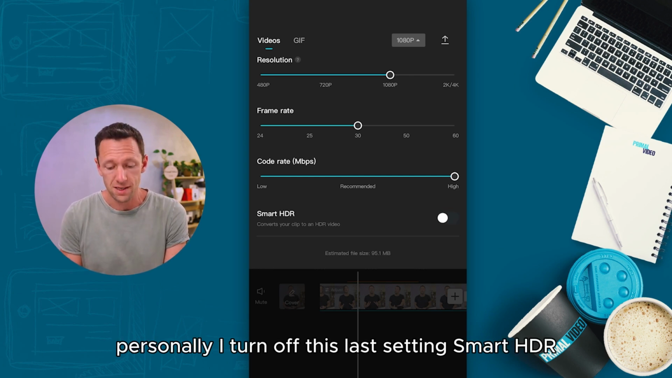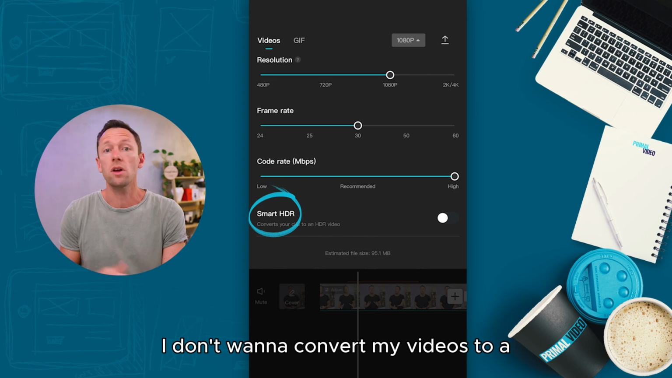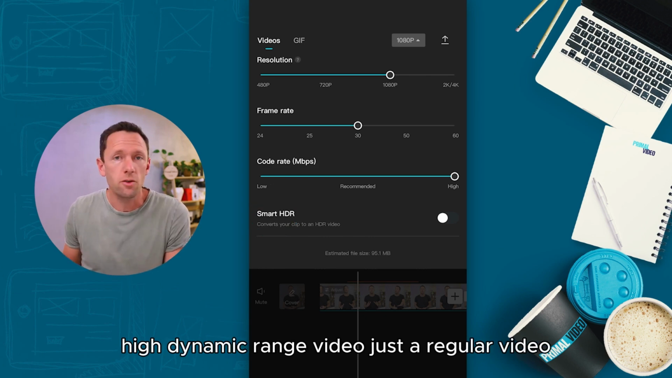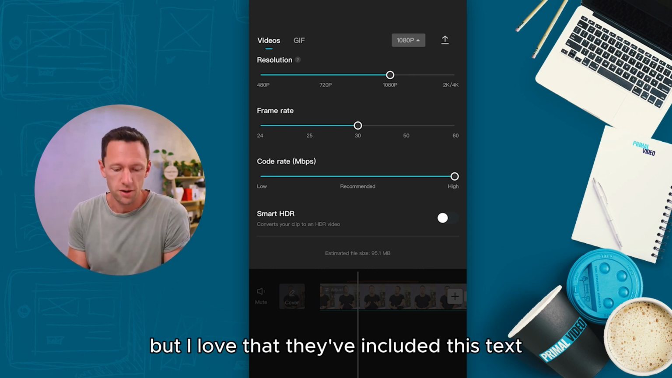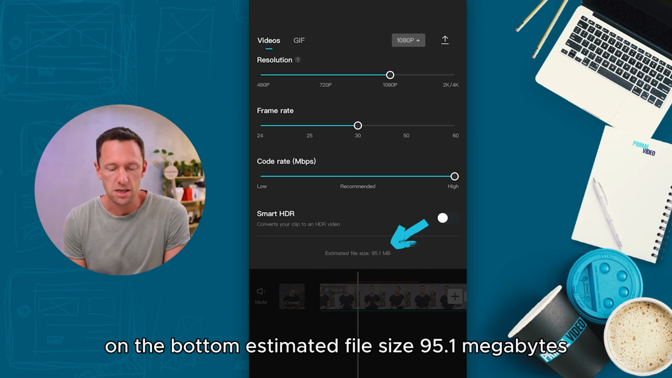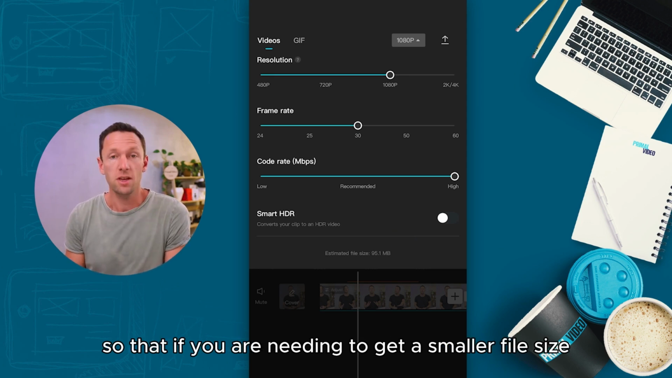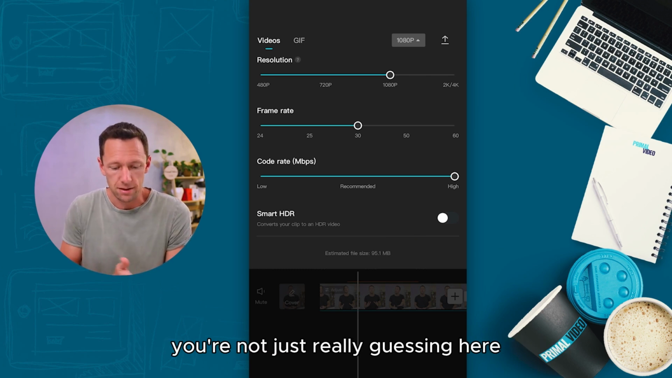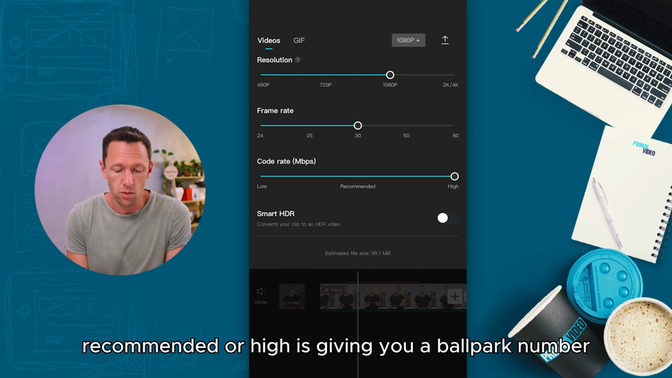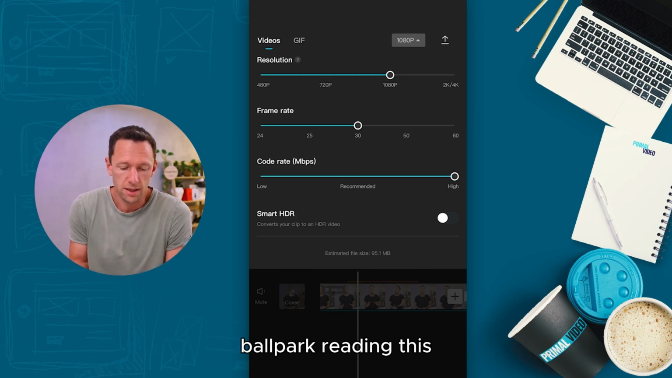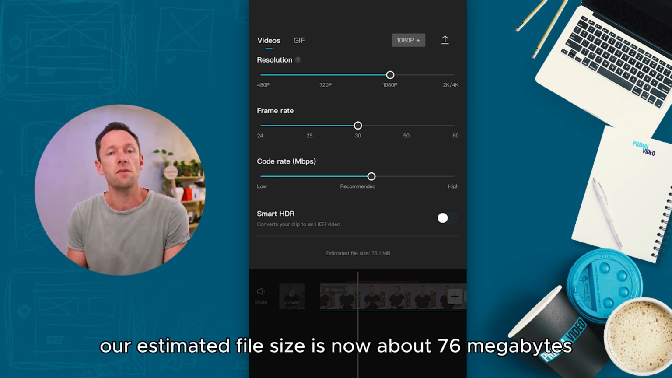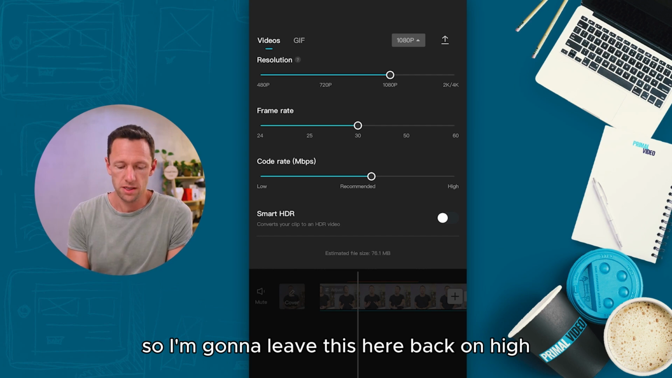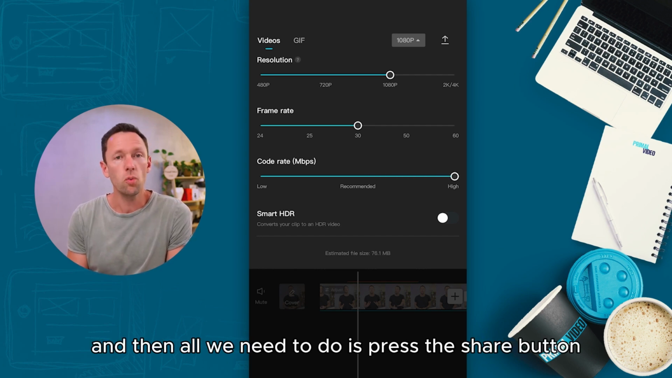Personally, I turn off this last setting, Smart HDR. I don't want to convert my videos to a high dynamic range video. Just a regular video is what most people should be leaving this on. But I love that they've included this text down the bottom, estimated file size, 95.1 megabytes. So that if you are needing to get a smaller file size, you're not just really guessing here, low, recommended, or high. It's giving you a ballpark reading there. So if we move this from high to recommended, it's saying that our estimated file size is now about 76 megabytes. So I'm going to leave this here back on high,